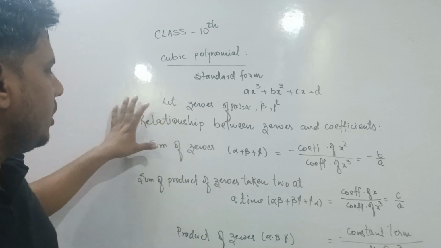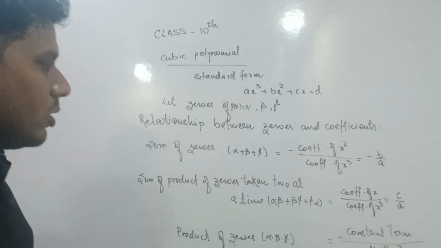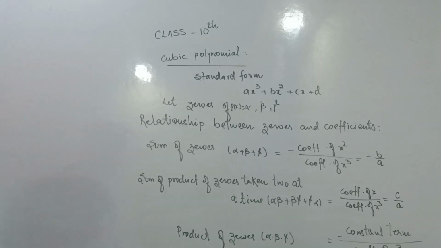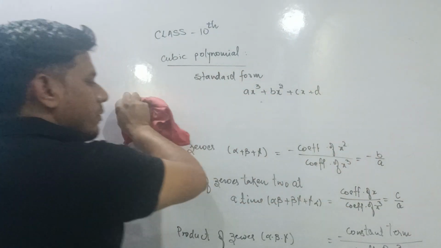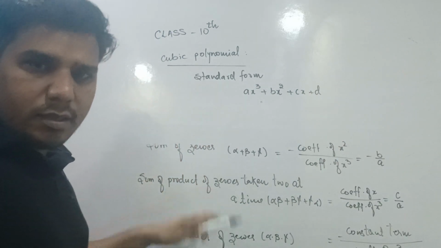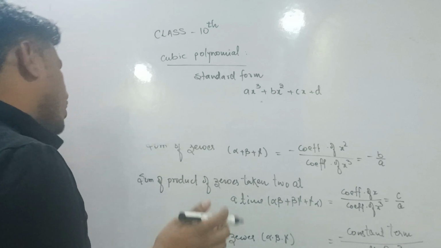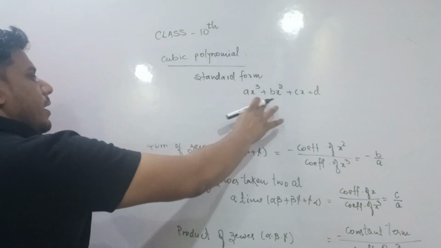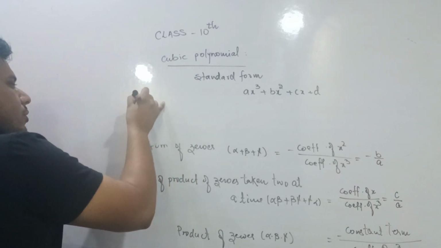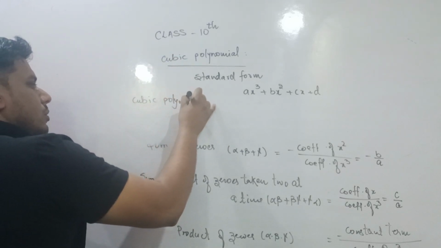When the sum of zeros, product of zeros and sum of product of zeros taken 2 at a time are given, then we have to find the cubic polynomial, and the formula for the cubic polynomial is